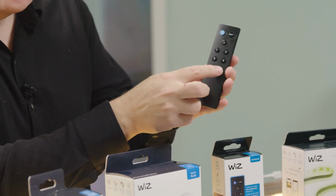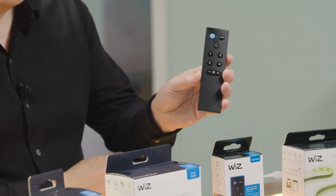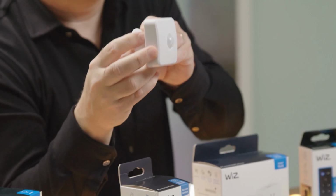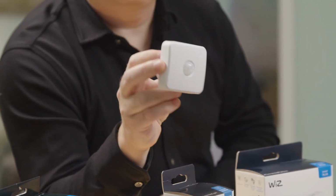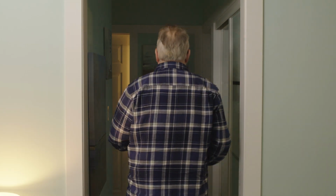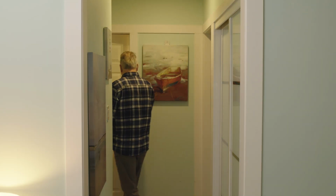And as you can see, I can control the brightness up and down. This is awesome. This is the motion control device. And this is great for things like hallways or at night. You know, you're going to go to the bathroom down the hall. So instead of turning all the lights on, waking up